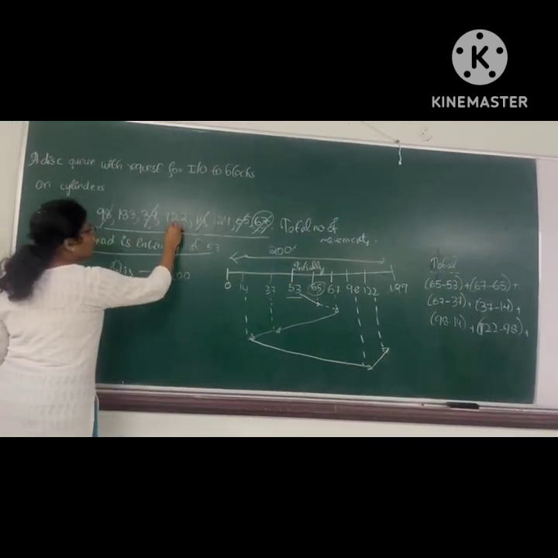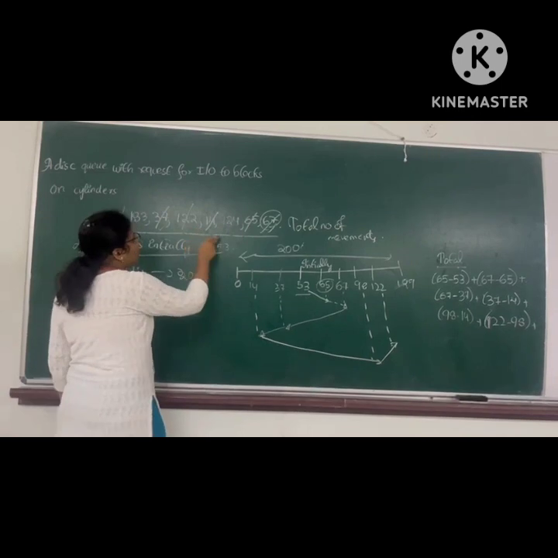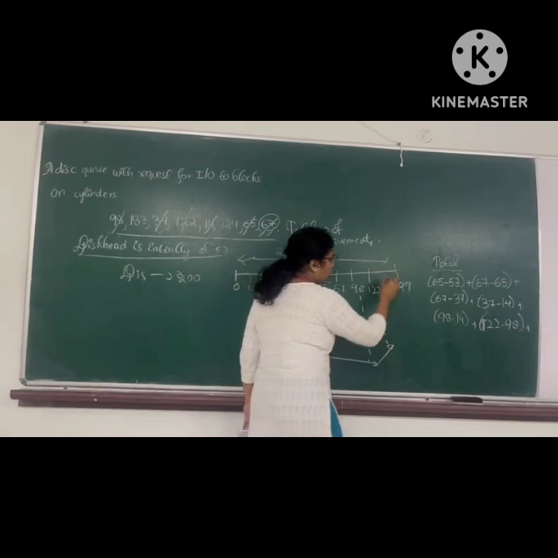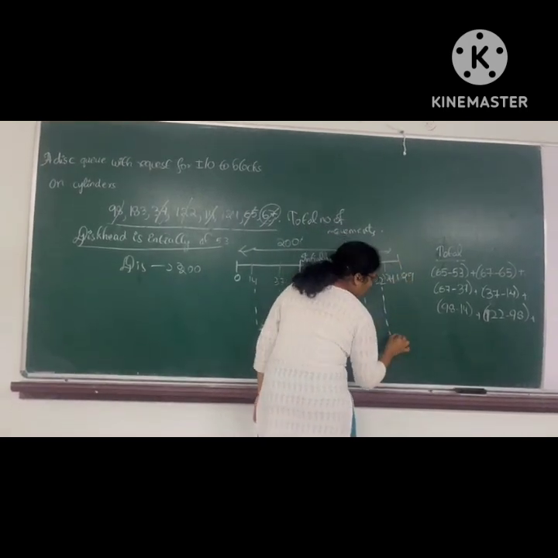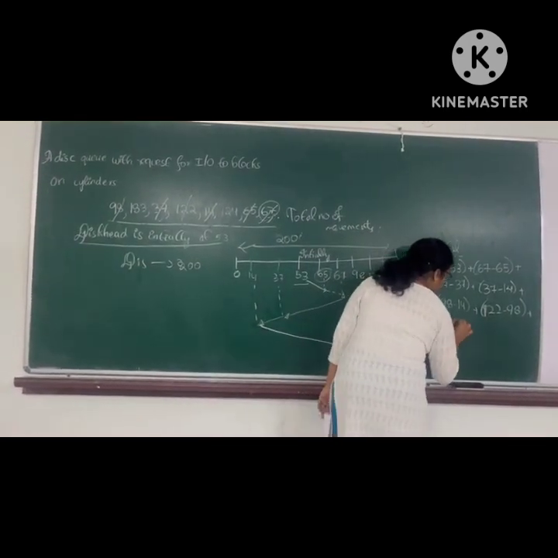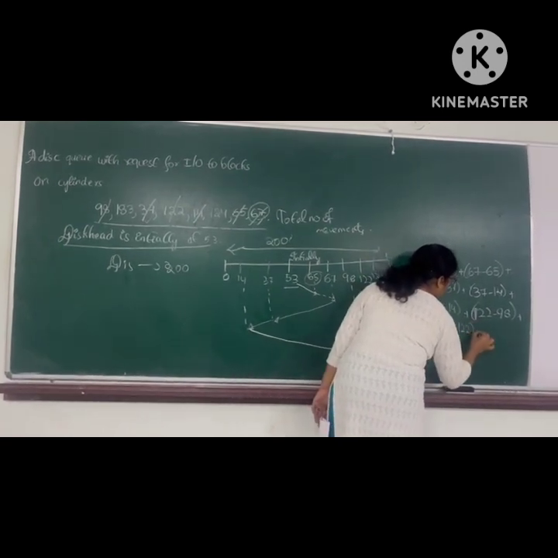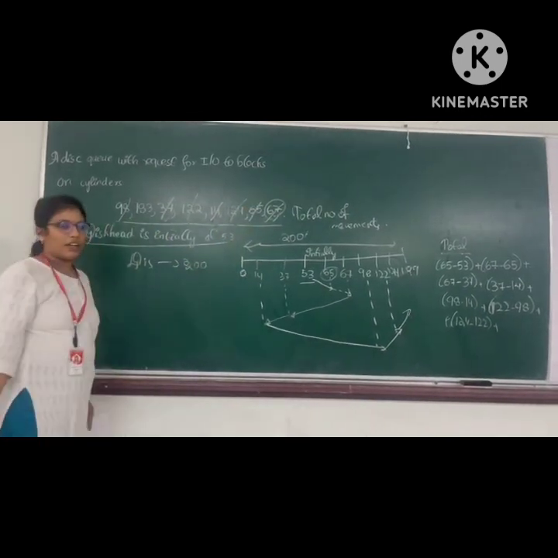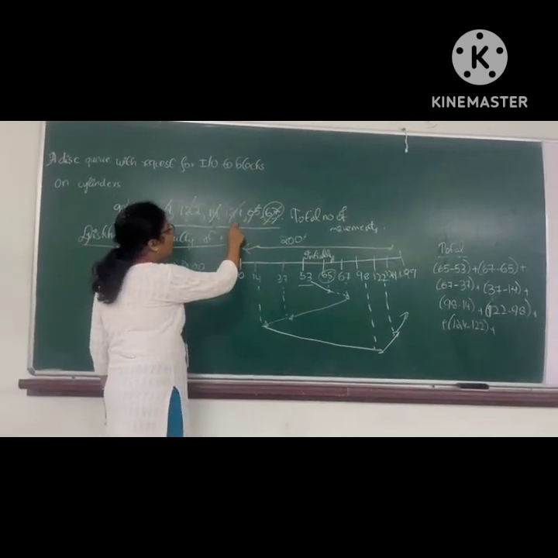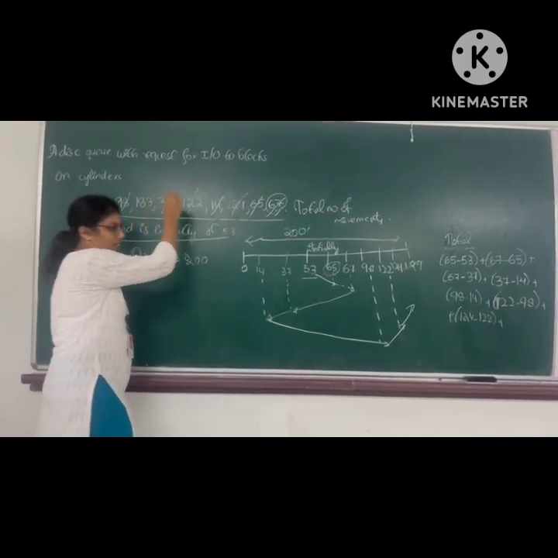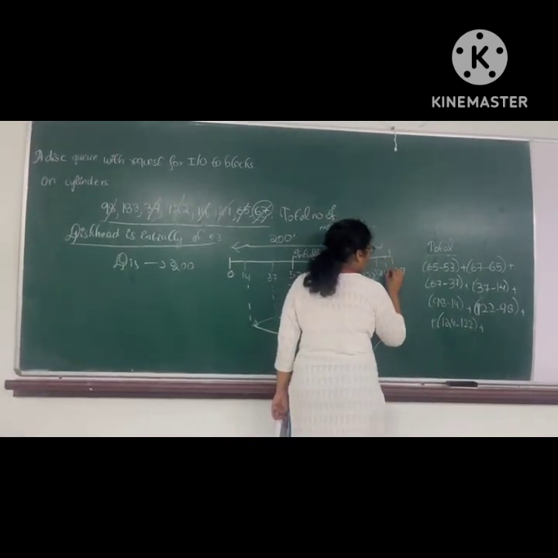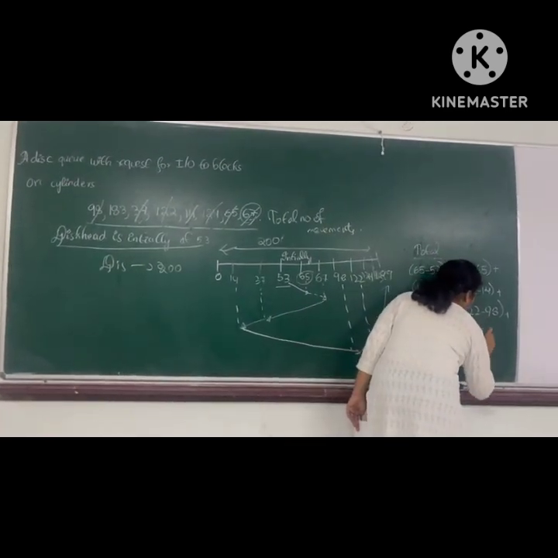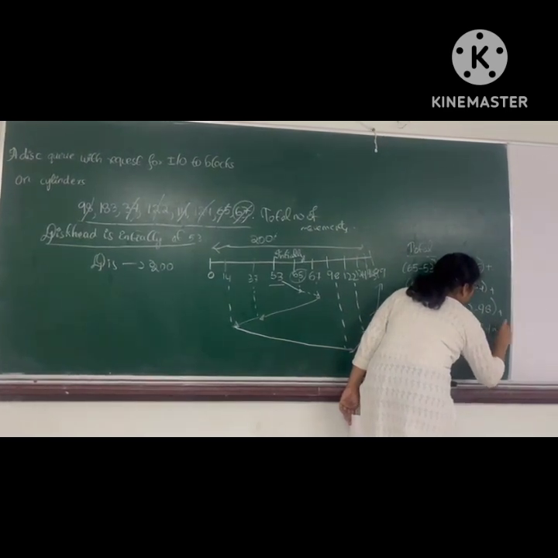Here 122 is also now completed. So from 122, the nearer position is 124. Now the read or write head will move to 124, and we have to write like this as 124 minus 122, so plus. And again, now 124 is also completed. Now from this read or write head, the nearest position is 183. Now it will move to 183, and here also 183 minus 124.